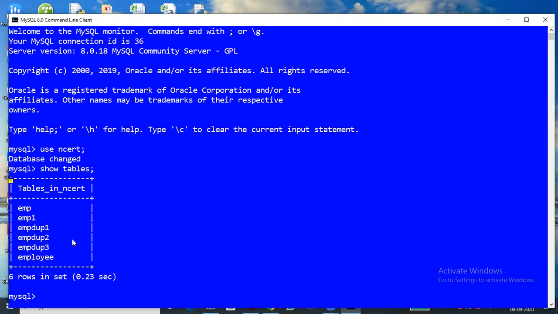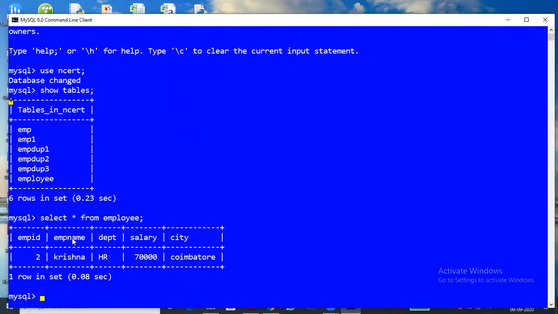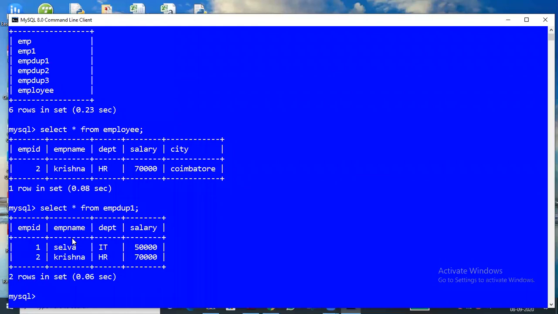Let me see the employee table. Select all from employee. If I give that, of course, only one record is there, I think. Whatever it is, only one record is there. We have copied, I think we deleted all that. Okay, that may be okay. So EMP duplicate 3 to 1, it will contain some more. So let me check it. EMP duplicate, we will try it. Yeah, two records are there, but it is different.